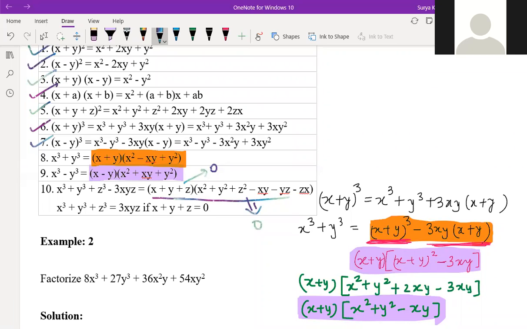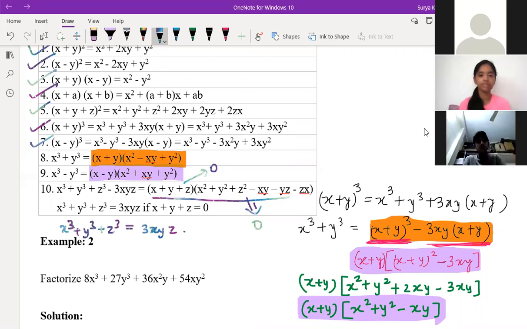Correct. So we can write x cube plus y cube plus z cube is equal to 3xyz. Can we write like this or not? 3xyz, you just send it to the right hand side. That's it. If x cube plus y cube plus z cube is equal to 3xyz, this formula is there. If this whole part is not there, then this 3xyz you can send to the other side or not.